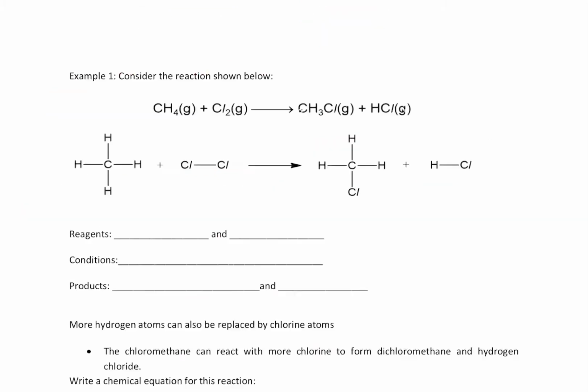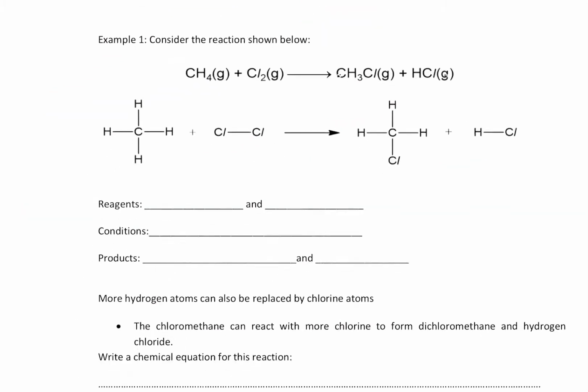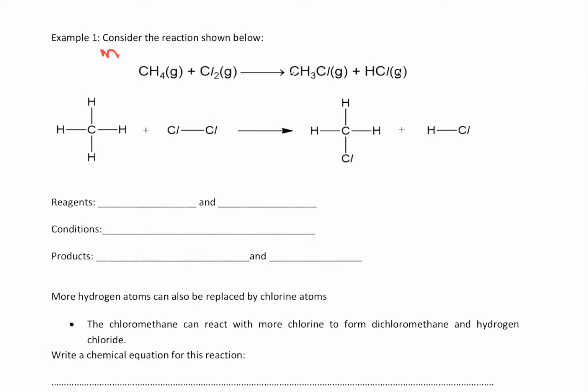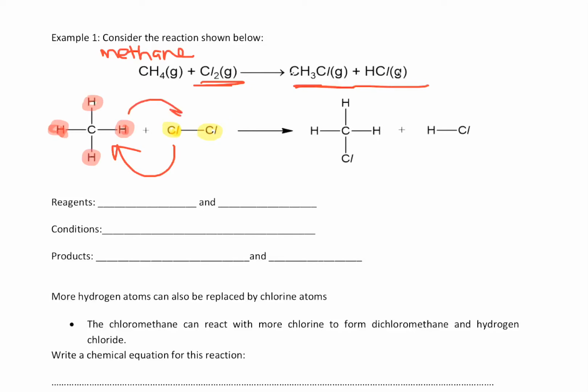Okay, so let's see how it happens. You have this reaction here, so that's methane, a one carbon alkane, reacting with chlorine to give you the product here. So how does that happen? You have the hydrogen here. The carbon is bonded to 4 hydrogen, and that's going to react with chlorine gas. So there's 2 atoms of chlorine bonded together. It's diatomic. So what's going to happen? The chlorine is going to take the place of the hydrogen, and the hydrogen is going to move on the side of the chlorine. So pretty simple.